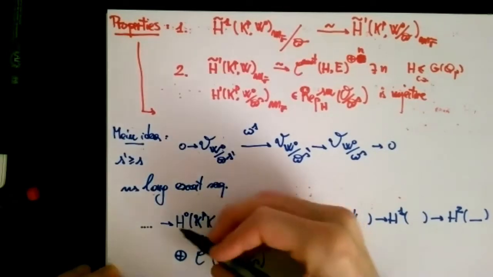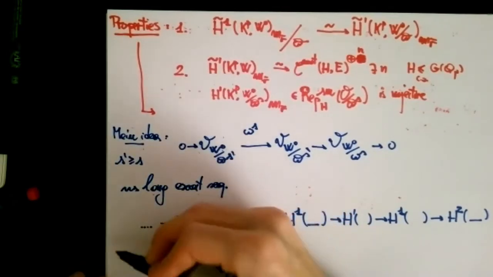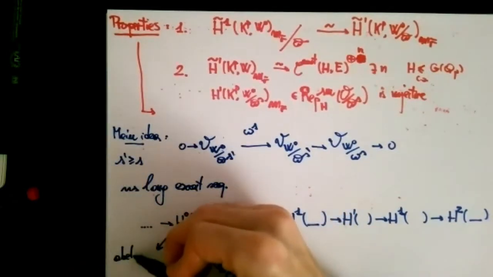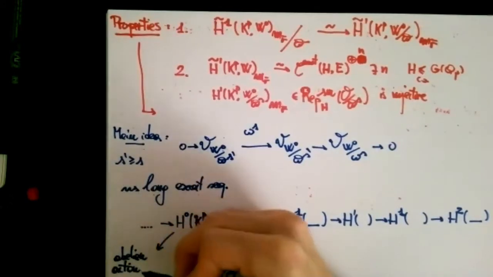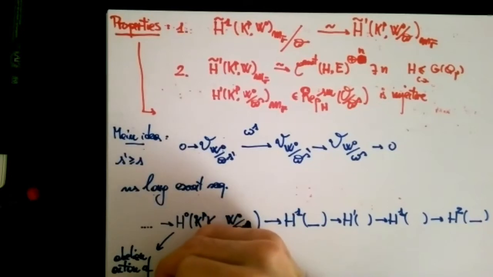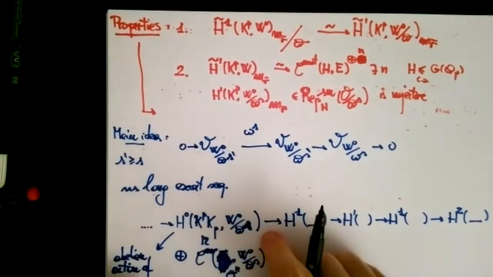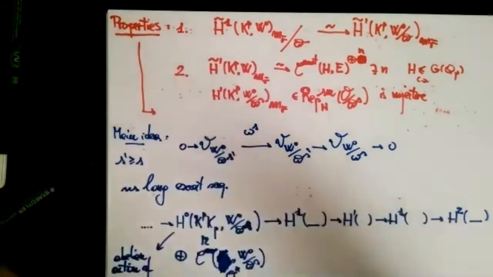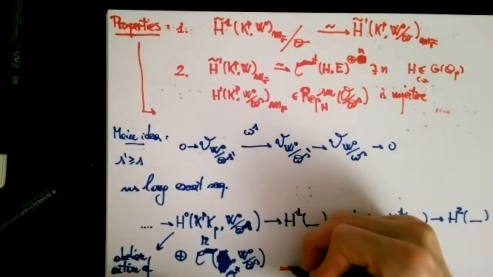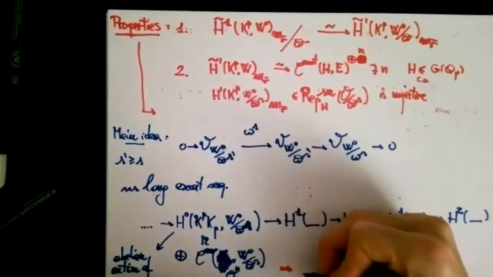And in particular, here the action is abelian, so we have an abelian action of GF. And so when we localize, this implies that